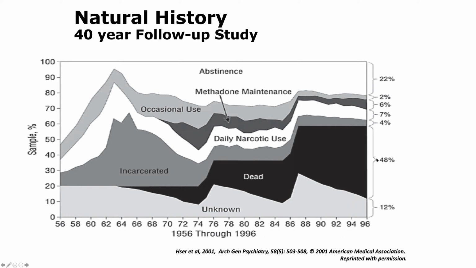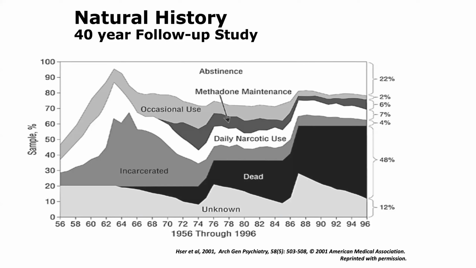As you can see here, 48% in this particular study die. There's a 12% figure that's unknown, and I would assume that half of that could be that those folks may have died also. But the thing about it is we don't know. But I'm going to tell you that out of the people who develop use disorder, over half of them is estimated in this study to die. So that means we have an LD 50 of 50, which is horrible.